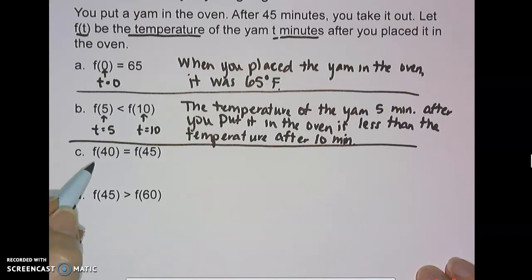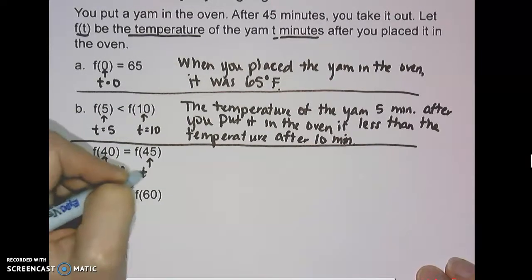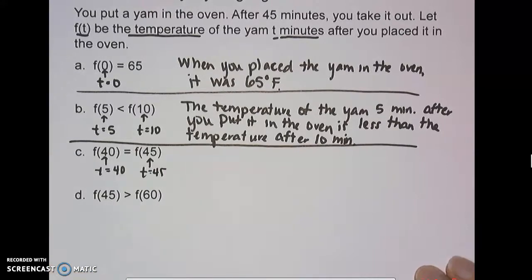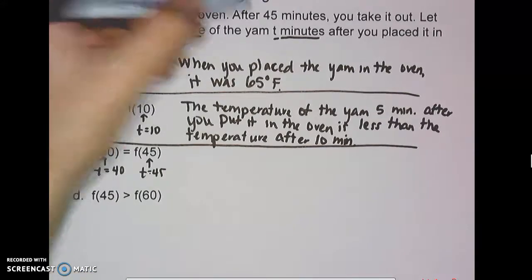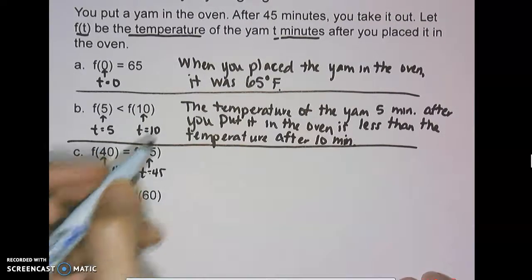f of 40 equals f of 45. f of 40 means that the time after we placed it in the oven is 40 minutes. And f of 45 means that the time after we placed it in the oven was 45 minutes. Remember, after 45 minutes, we take it out of the oven as well. Okay? So this means